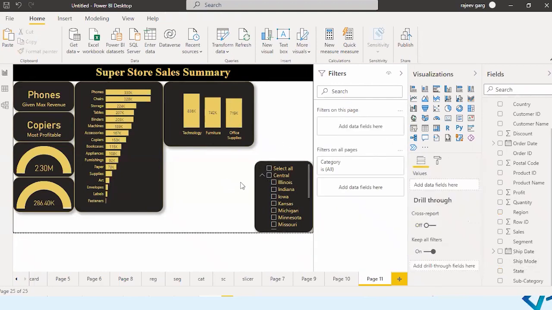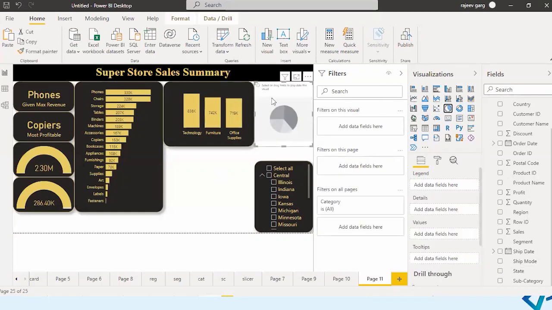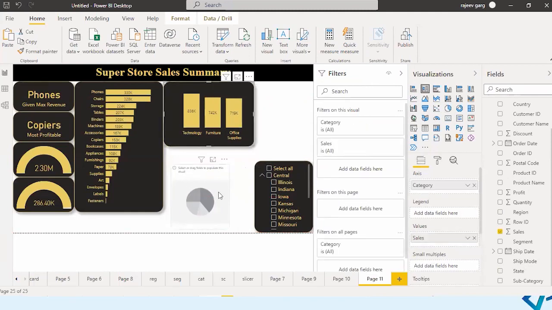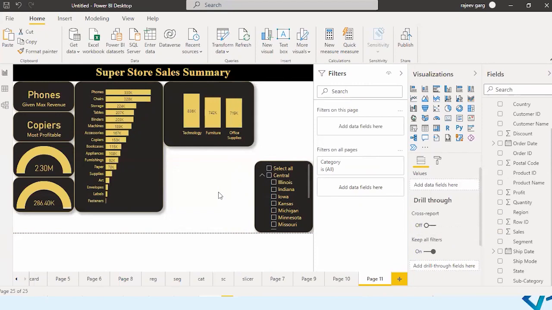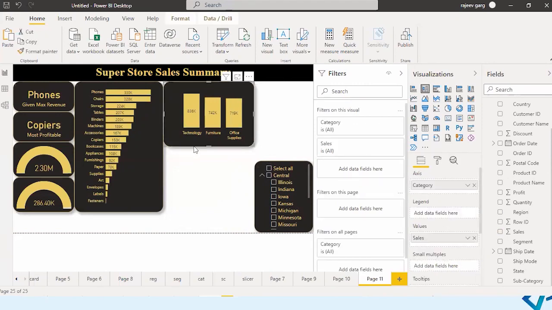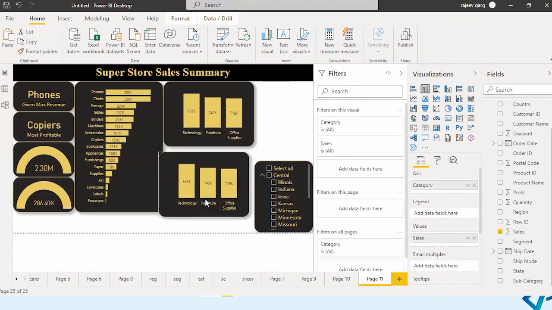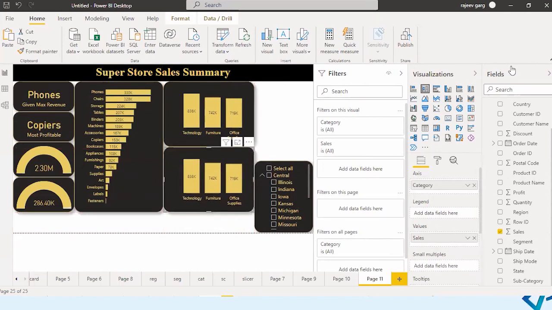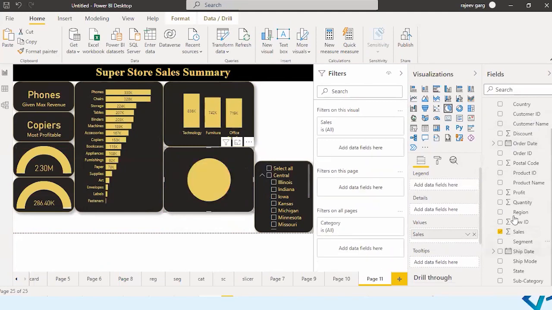And let me take one more where let me take the pie, or instead of this, I can create a copy of this so that I don't have to resize. And I would like to take a pie over here where instead of category, I would like to have the region.